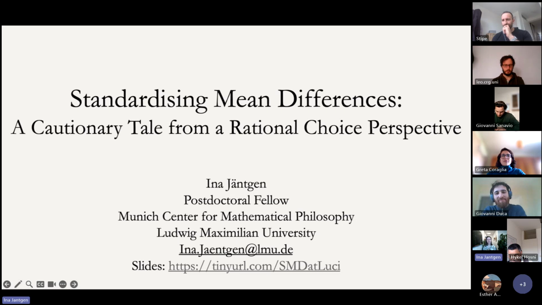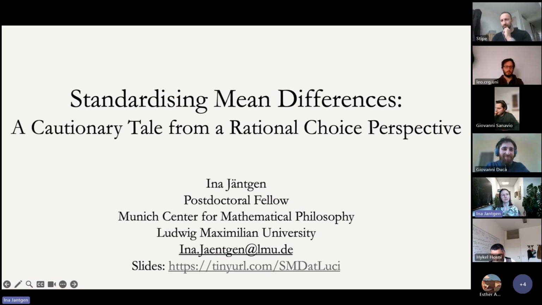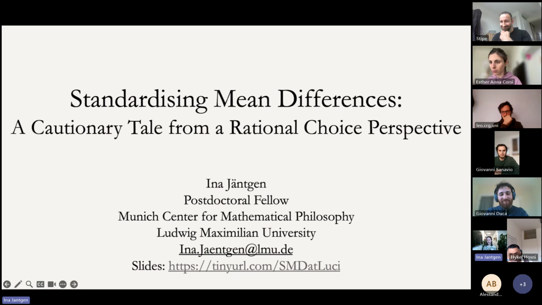In this paper, I'm interested in focusing on areas of science where scientists test treatments or interventions in an effort to inform decision-making. When scientists do that, they typically also measure and report what is known as an effect size of a tested treatment. That is a measure of how effective a tested treatment is, how large the observed effect is. The resulting effect sizes are then often used to inform decision-making. In today's talk, I focus on a widespread practice of using so-called standardized mean differences to express how effective tested interventions are, and to then report the effect size or the effectiveness of tested interventions to decision makers.